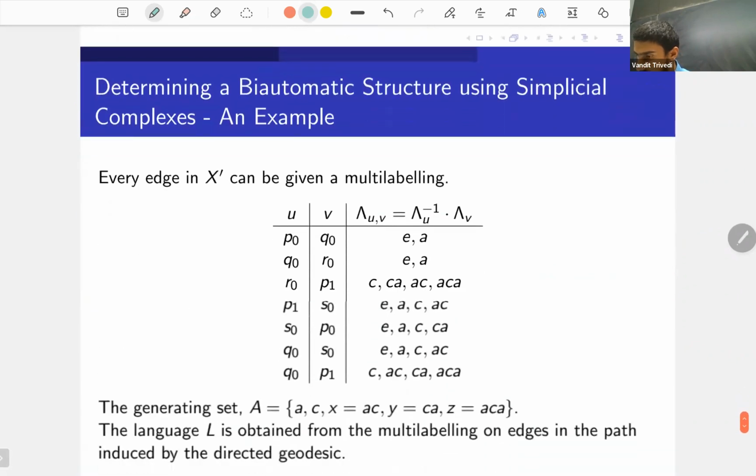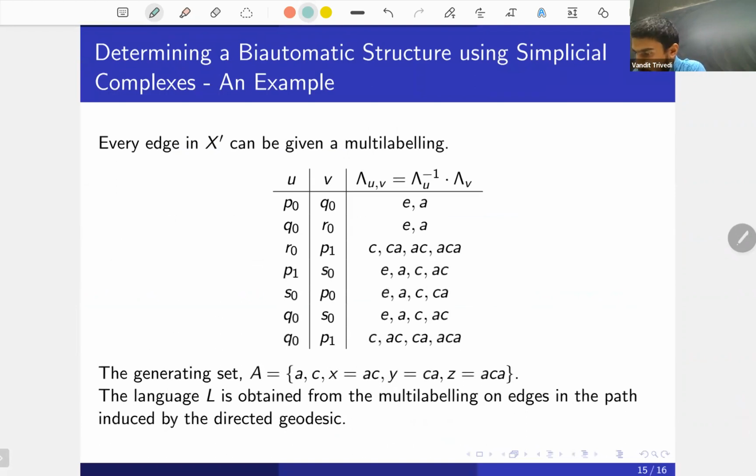All right. So now what we can do is use these labels on the vertices to come up with an alphabet that we can use as our generating set. So what we do is every edge in my subdivision, X prime, is given a multi-labeling, which is defined as this. The multi-labeling between 2 vertices is the set of labels for one, the inverse of that, times all the elements in the set of labels for the other vertex. I've done this just for a few vertices that would lie in the fundamental domain, and these are the words that I get. The distinct words in this table constitute the generating set for my biautomatic